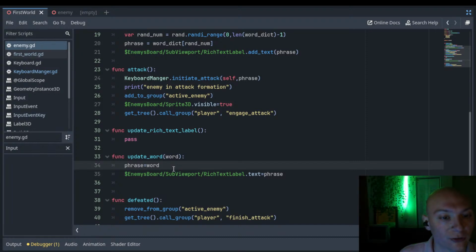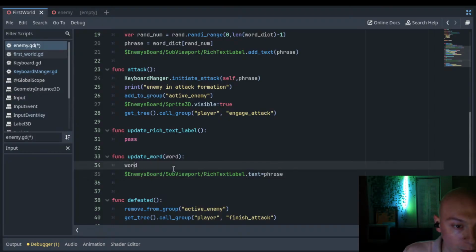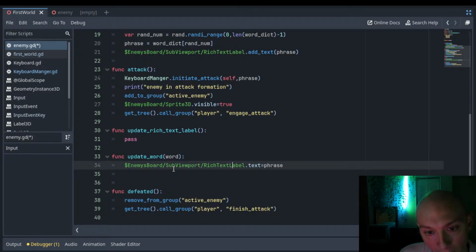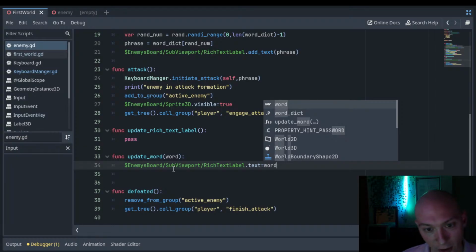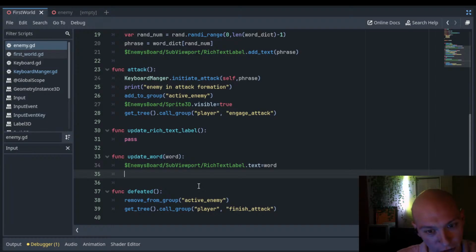You know, we probably shouldn't even do that. There's really no reason to update the phrase. So what we'll do is just set it equal to word. And then if it's absolutely necessary, we can do that. It just seems very string spaghetti-like to throw that in there, to me. I could be wrong, but since we're just doing a visual change and we're not changing any of the logic on our enemy,